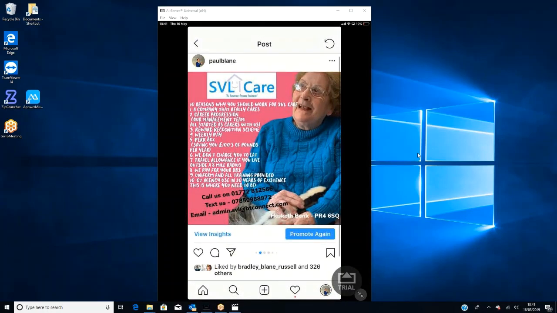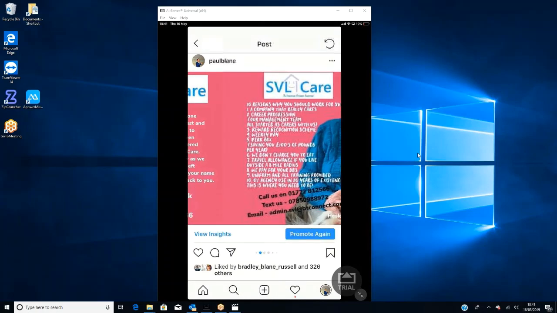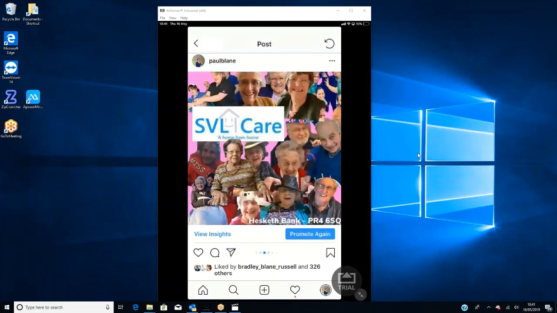Now, in regard to that, what they then did was start to look at, okay, we're going to run this drive for 5 days. So we need a post going out each day, and each post needs to be designed around these 10 areas to try and entice people. And that's where we got to the next one.